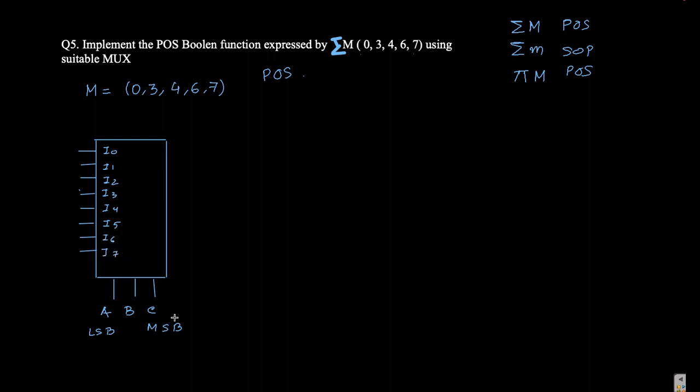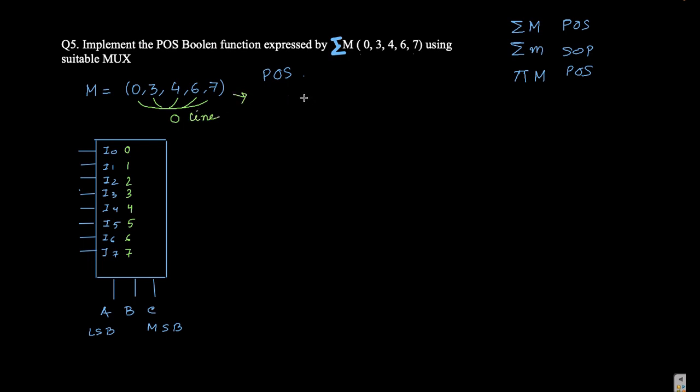Now we don't need to draw any kind of truth table. This is 0, this is 1, this is 2, this is 3, this is 4, this is 5, this is 6 and this is 7. Now for POS,